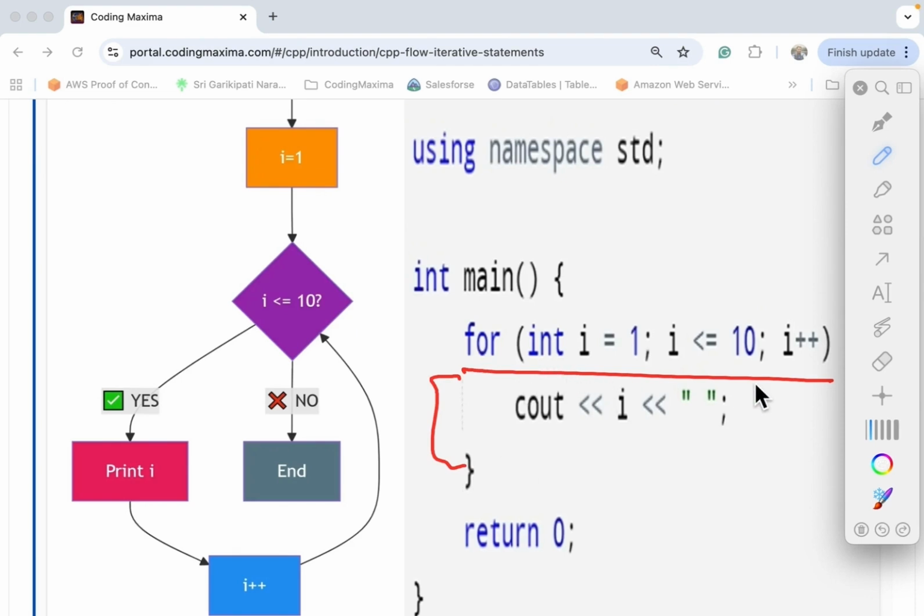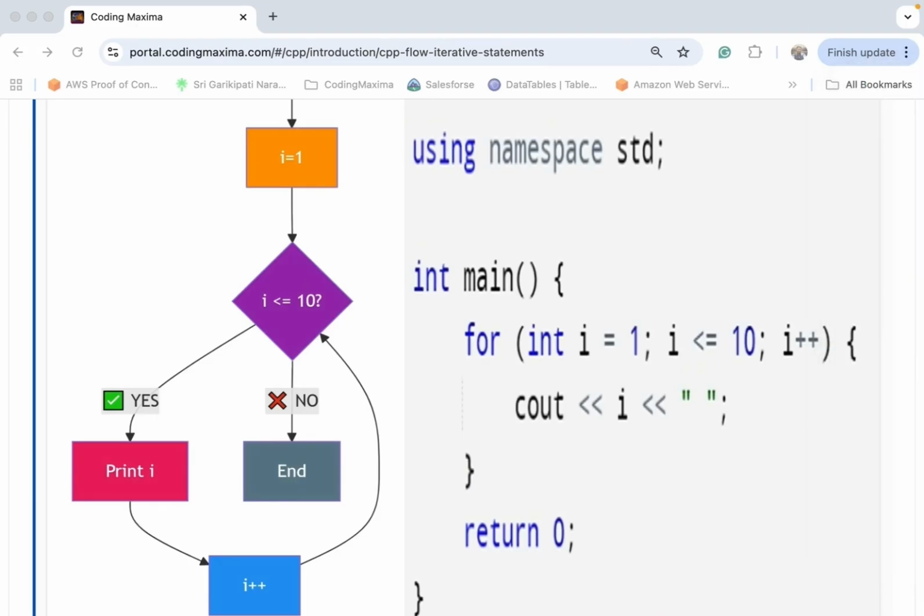In a for loop, just by looking at the first line, we can decide, okay, it will run 10 times, or else it will run 20 times, or 30 times. We know the starting point, ending point, and at what speed it will go. In such situations, a for loop is used. That is what we use. But when it comes to the while loop,